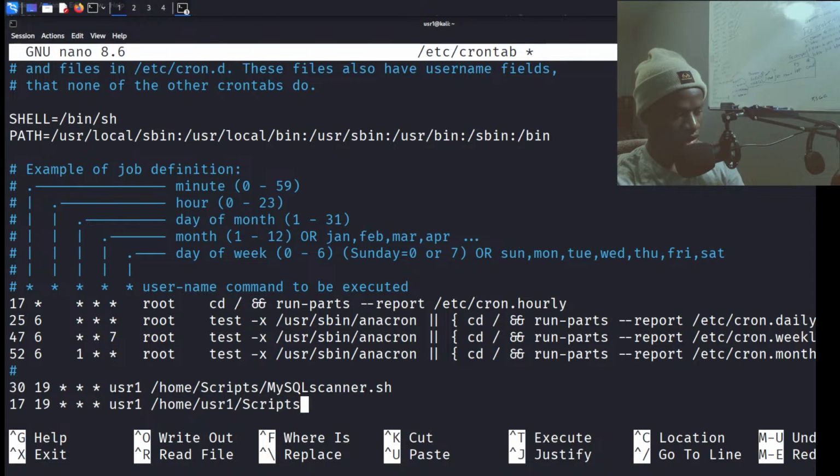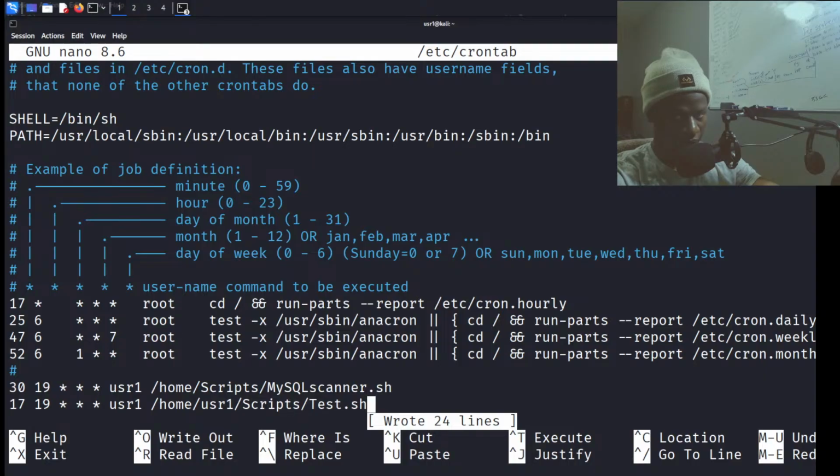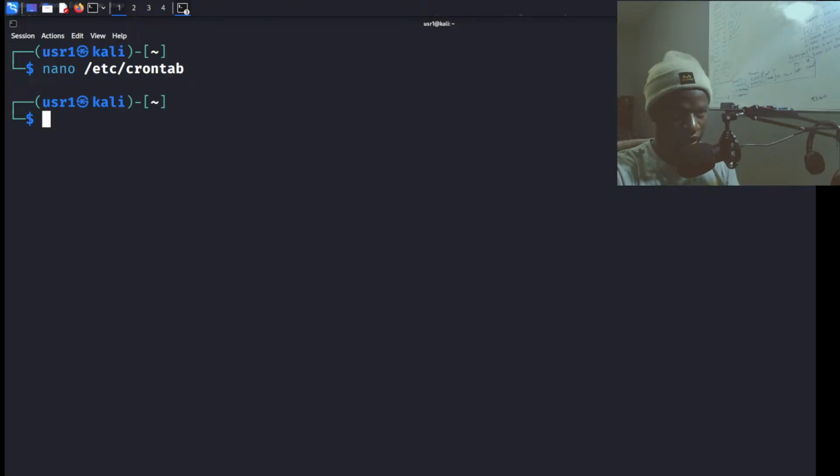I knew that was wrong. Slash test dot sh. Okay, let's do that one. So once it hits 17, it's going to print that. But I don't think it will print it because I don't believe in it. But let's wait. Let's give it a minute.